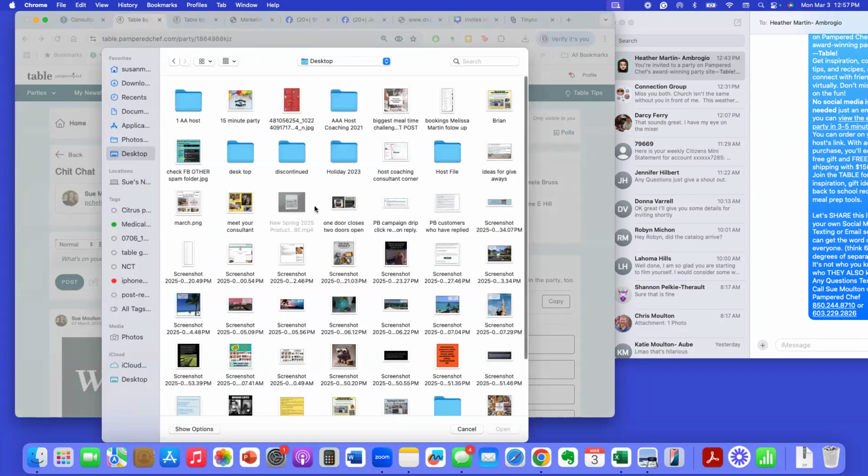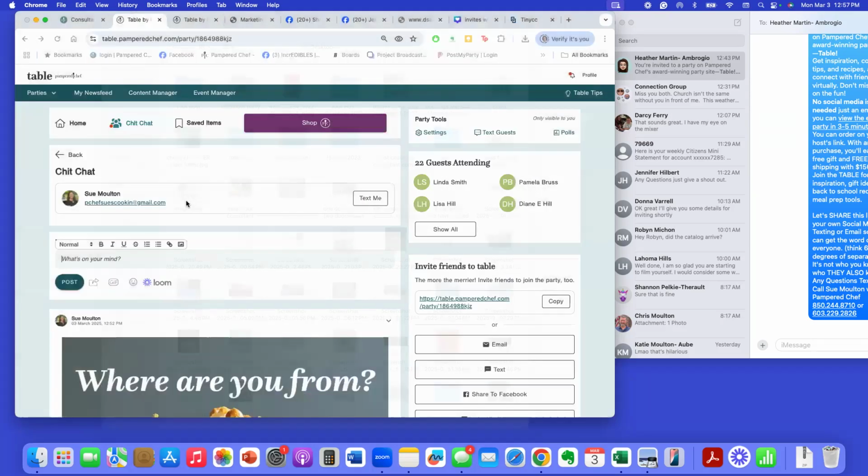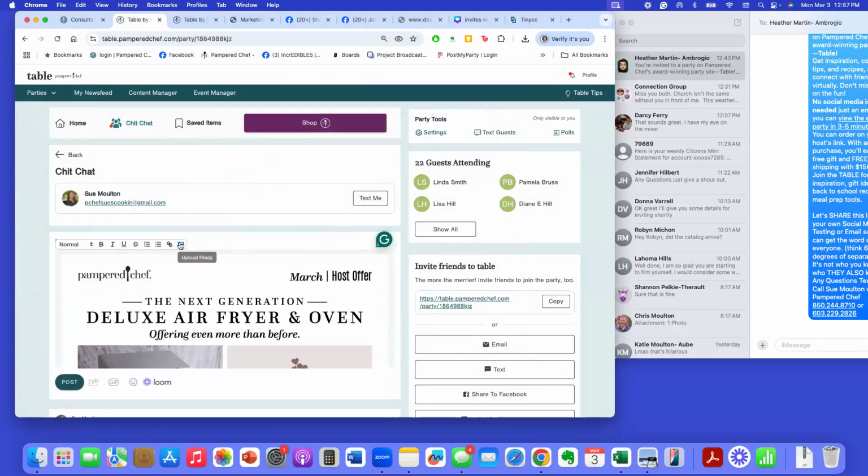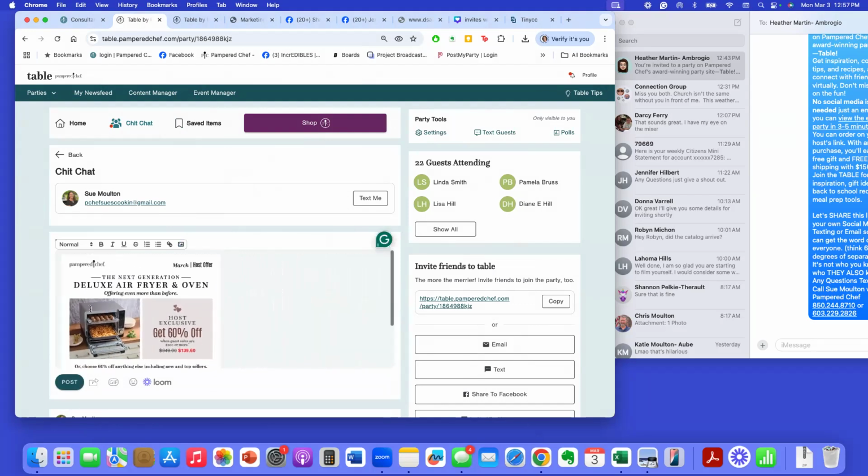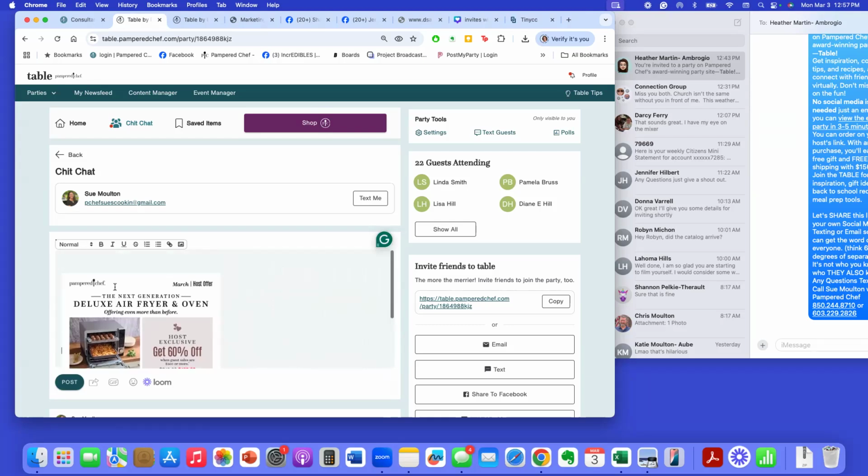But let's say I'm going to go in here and find the special, the March special, and I'm going to use the thing that looks like a little picture, and I'm going to upload a photo. I'm going to click on it. I'm going to make it a little bit smaller so you can see more of the photo at the same time. I'm going to put my cursor before it, put a couple of backspaces so I have some space, and I'm going to say, did you know, okay, now,